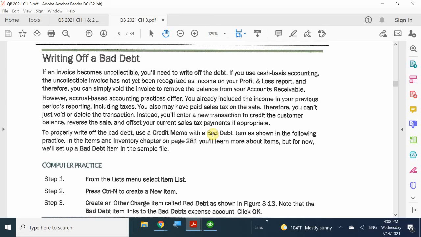So therefore, you can't have that rotting in your books forever, right? Eventually, you're going to have to accept the fact that this customer is never going to pay you back. And the best way to do it is to write off that bad debt. So then you can continue doing your business as usual and continue to cater to